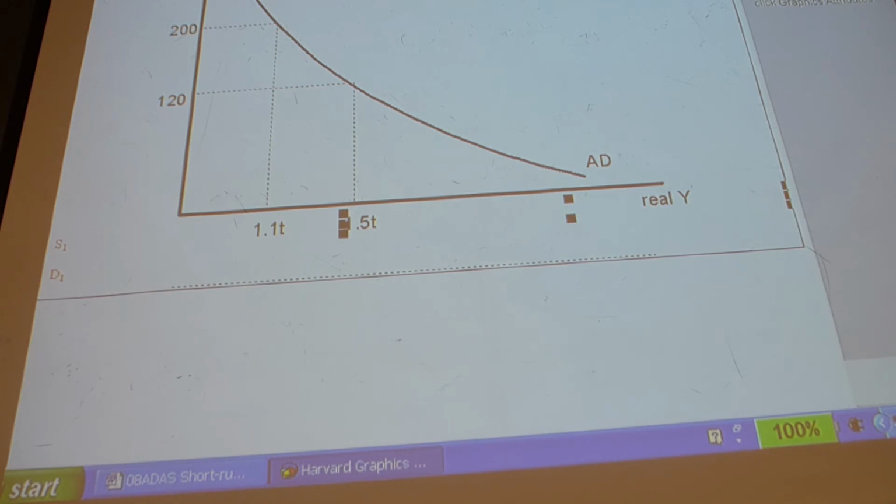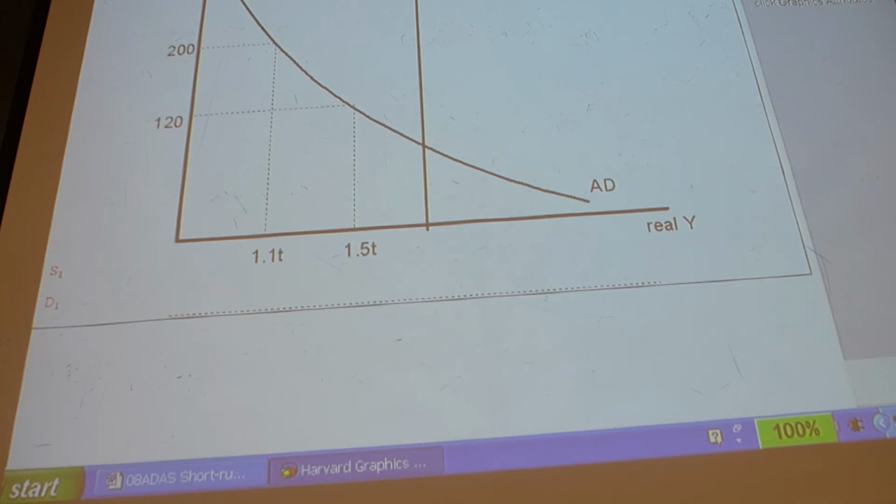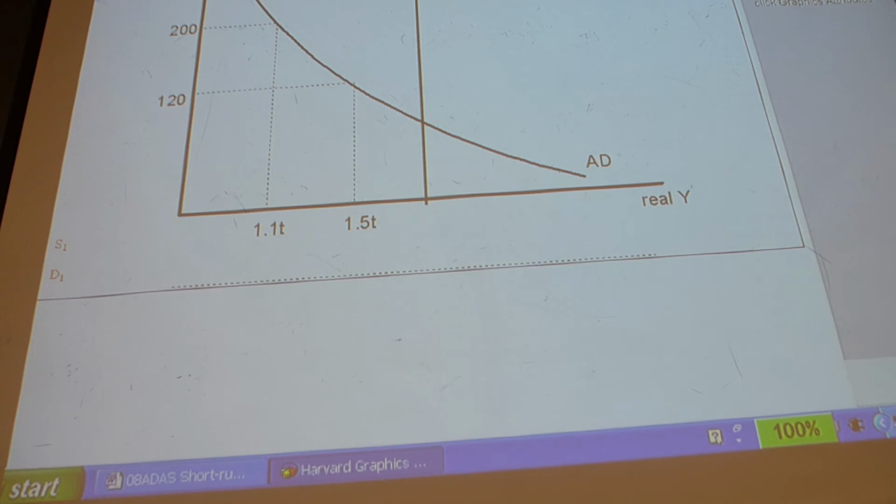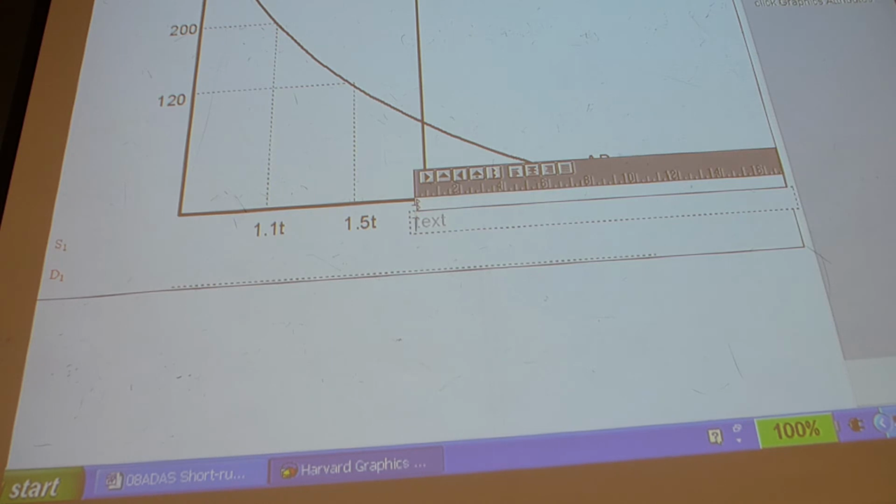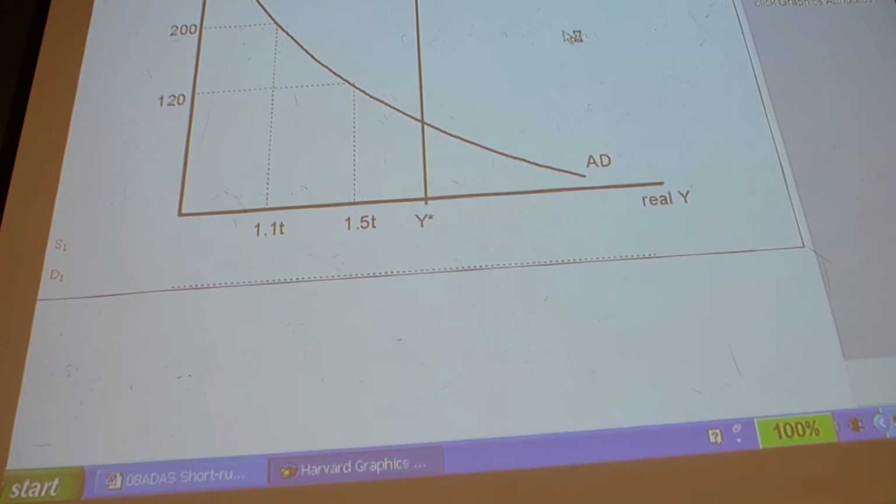Okay? So now in the long run, if all prices adjust, the classical position, we'll discuss this more later, is that the economy is at full employment. So when I talk about supply, there's going to be this supply in this diagram, right here. This is long run aggregate supply, right here. And what do you think it is? Long run aggregate supply is at Y star. And the argument is, when all prices are allowed to adjust, everybody ends up at full employment.